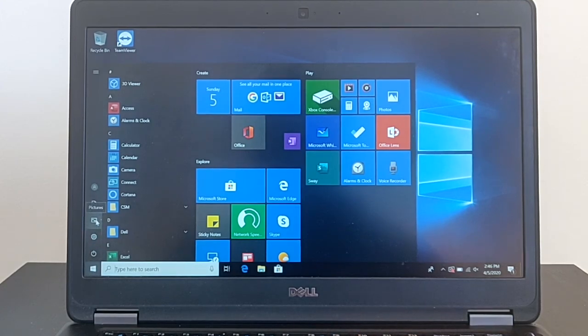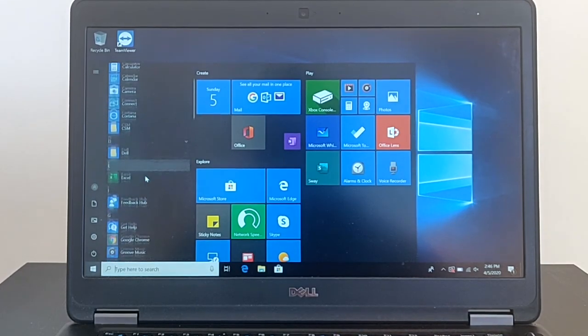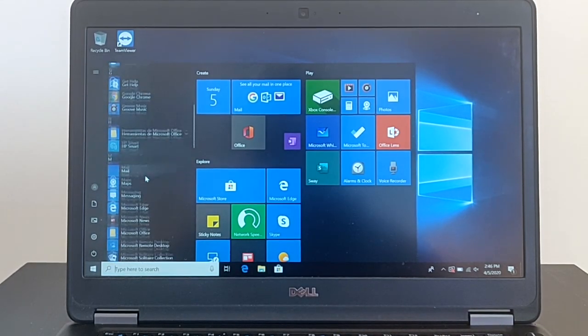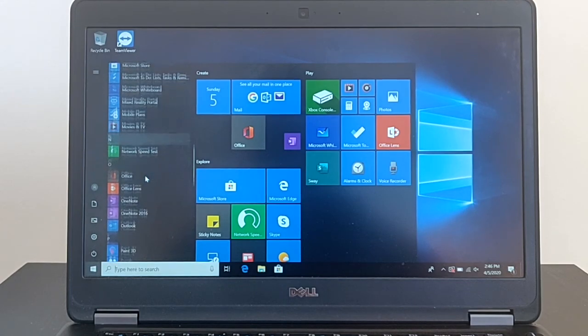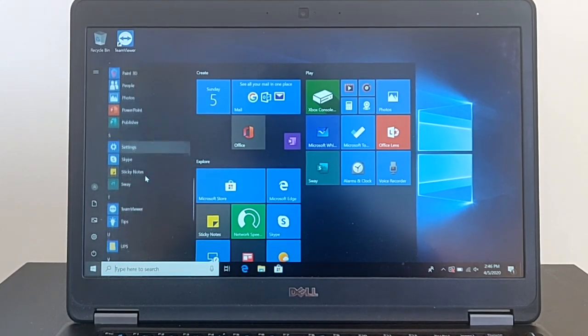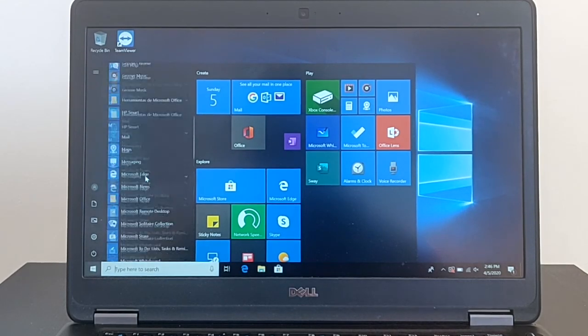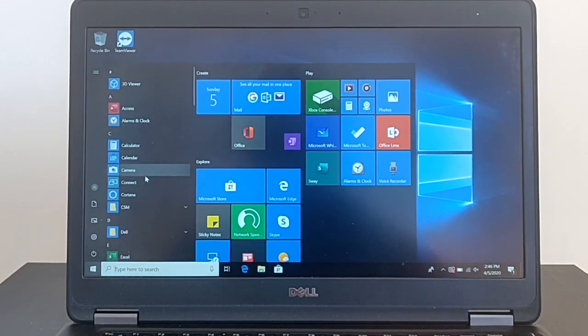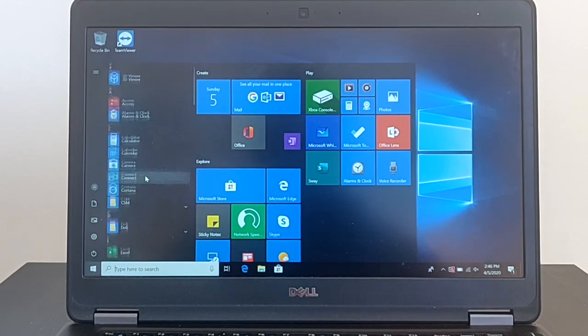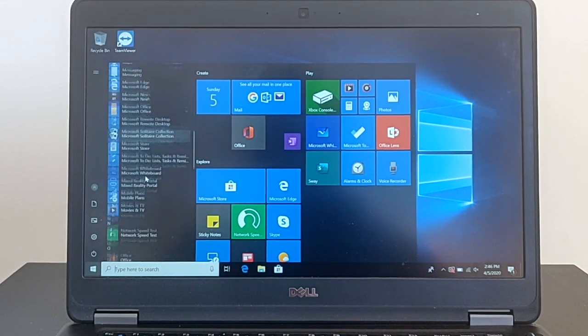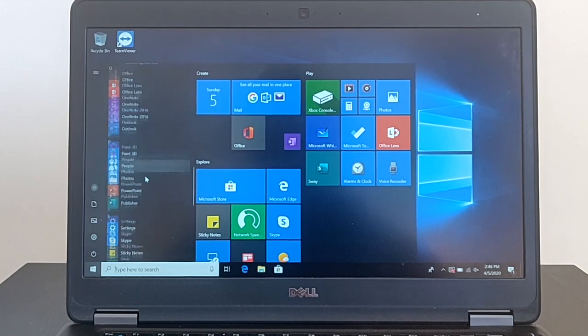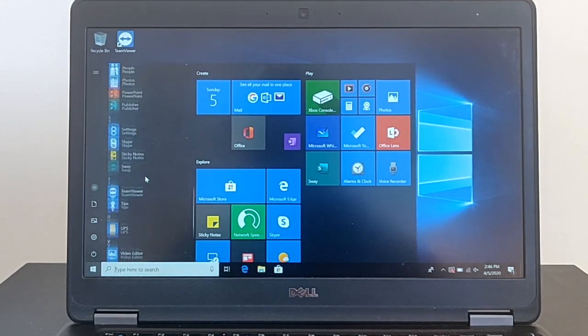There are photographs, pictures here. This is all the programs. If you scroll down with the mouse, all the programs which are there in this computer are mentioned over here. Anytime somebody asks, hey, do you have this program? You have two options. One is you scroll down with the help of your mouse,